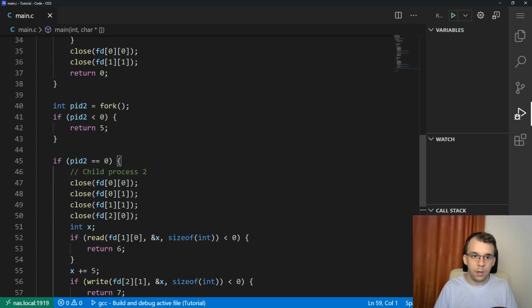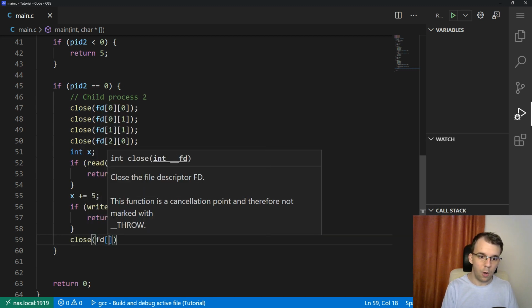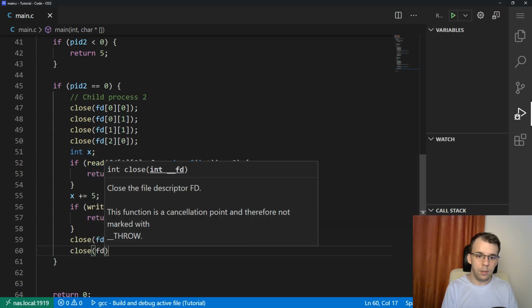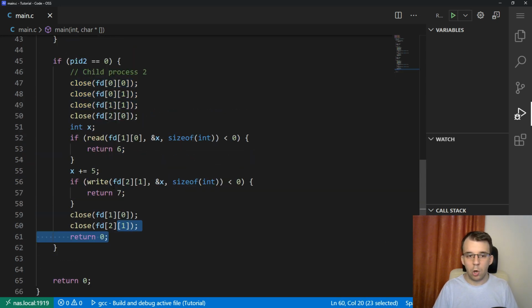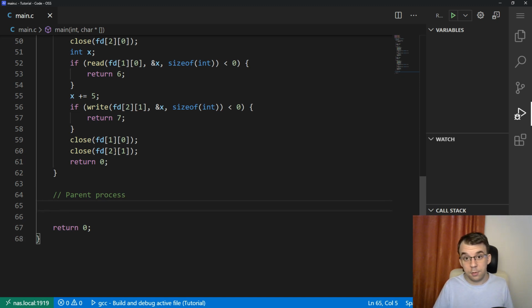And as we did up here, we have to close the used file descriptors. So I have to close fd of 1, 0, and close fd of 2, 1. And of course I want to return 0 as well, because I don't want either the first or the second process to execute anything here. I want to just finish the execution right here, so that here we are only executing the parent process. Okay, so now in the parent process, of course, we need to